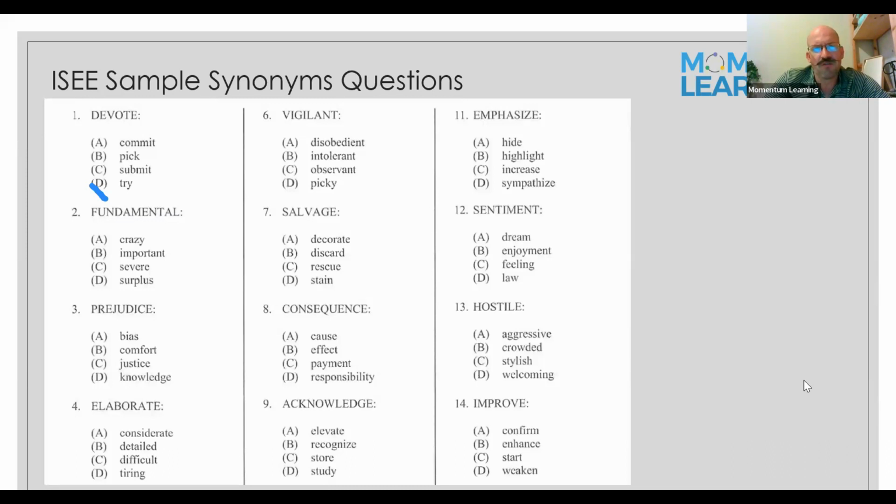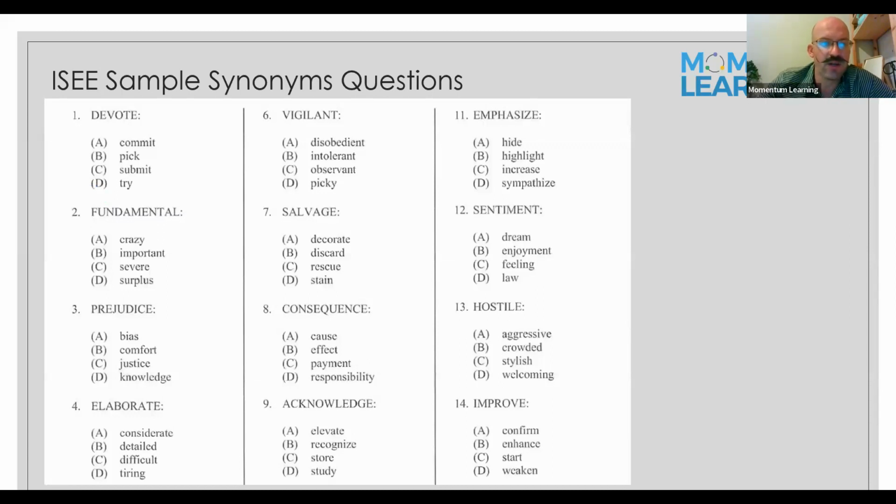Now, for the synonym-based questions, or the verbal reasoning questions, as these are known for the ISEE test, they are a little trickier considering the fluidity of the English language, because there isn't a sentence there to help students. So this is their knowledge of higher level words and also their ability to know what the choice words are and their ability to cross those out and weed those out.